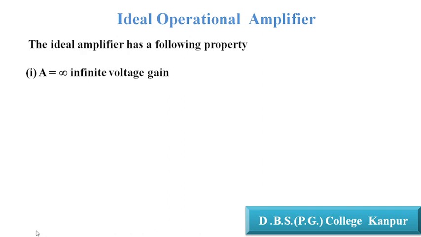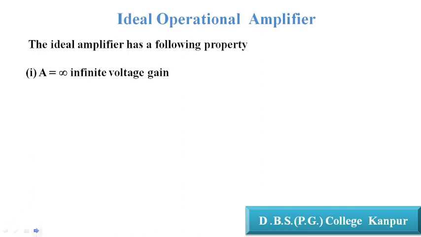In many competitions, including GATE, ISRO, DRDO, and CSIR, questions often arise: what is the gain of the ideal operational amplifier? The answer is that the gain is infinite. It is a very popular question, and sometimes the wording is changed so that it is not about a voltage amplifier but about a current amplifier. For a current amplifier, the voltage gain is zero and the current gain is infinite. It is a very important question.